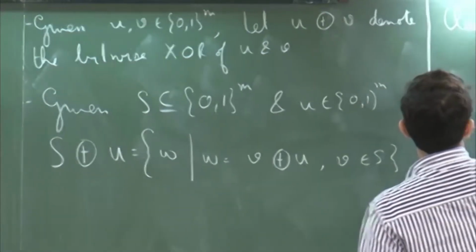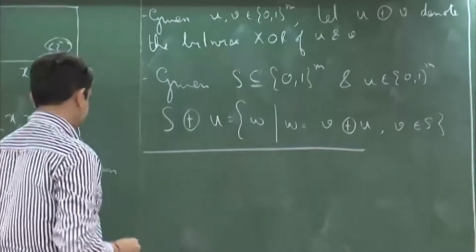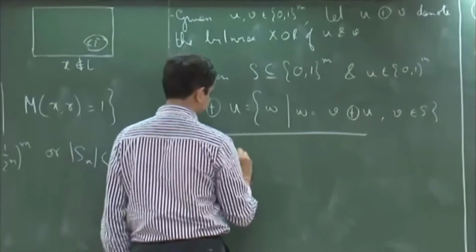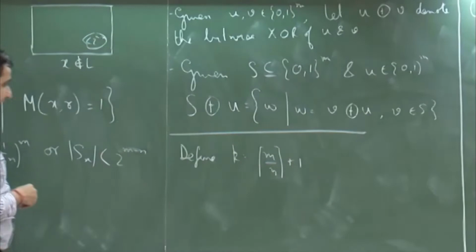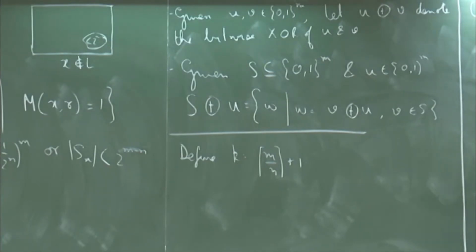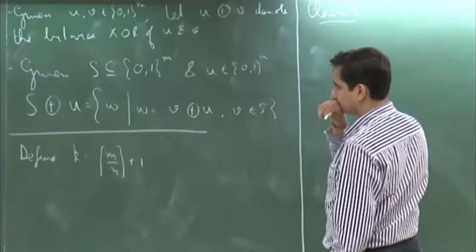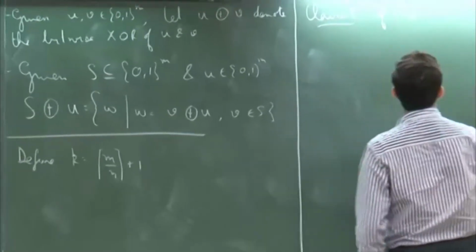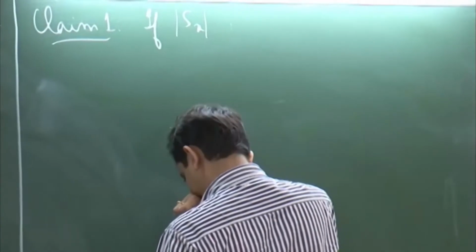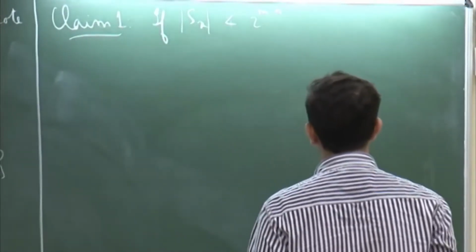So the first claim. Let's fix a constant. It also defines this constant K to be the ceiling of m by n, plus 1. We'll come to this later on, why we have this particular definition, but let's just define it this way for the time being. So the first claim is that if the size of S of x is smaller than 2 to the power m minus n, then